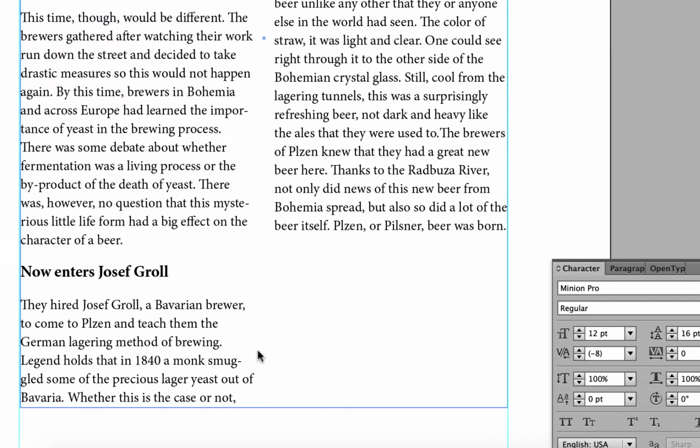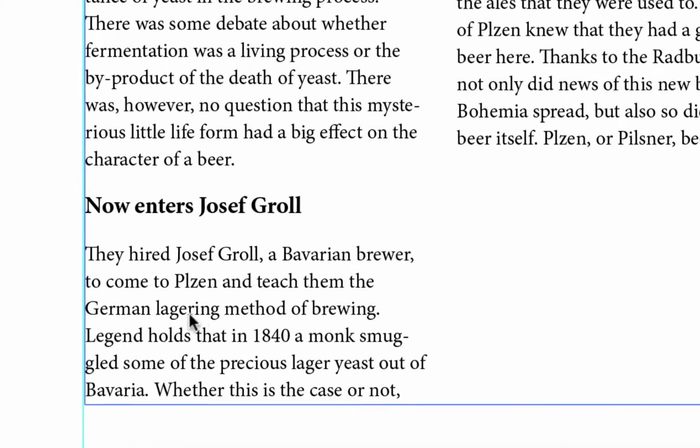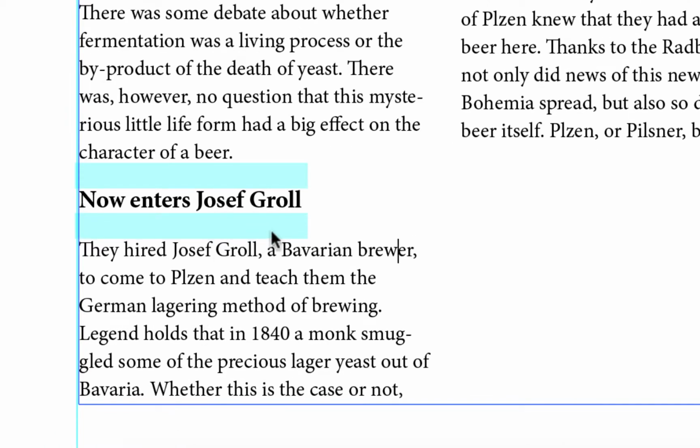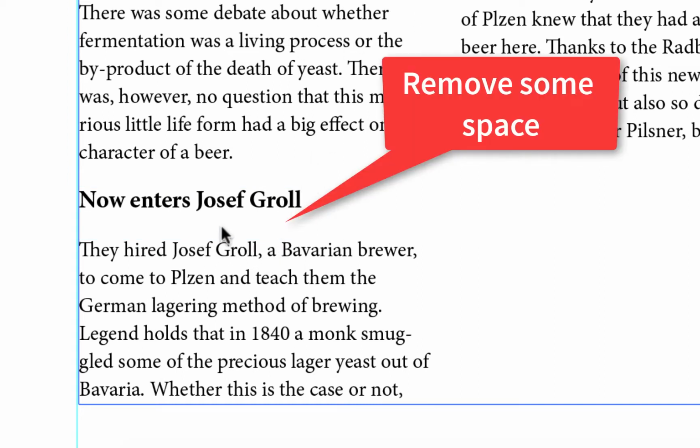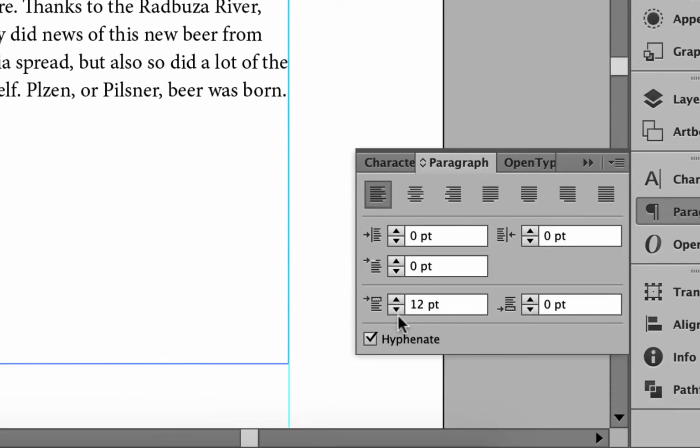And it still doesn't look like a subheadline, and the reason being is this isn't right next to this. There's that extra space because we have the space before. So what I'll have to do, and it all depends on whether you did space before or space after, because this is the space before, I have to go here and go to my paragraph, and I'm going to remove some of that